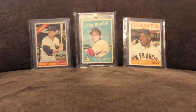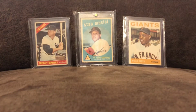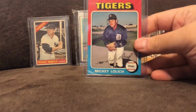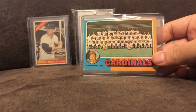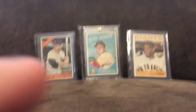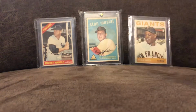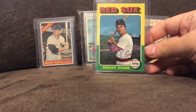Jim Catfish Hunter, Jim Kaat, Bill Buckner, Mickey Lolich, I think that's how you say his name. Here's a Cardinals manager card of Red Schoendienst or something. I think that's how you say it. I don't know. Here's Jesus Alou, a great family of baseball players. There. Dwight Evans,